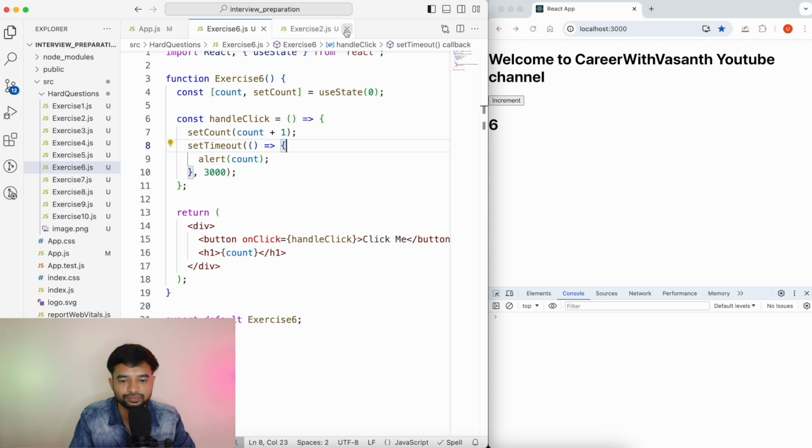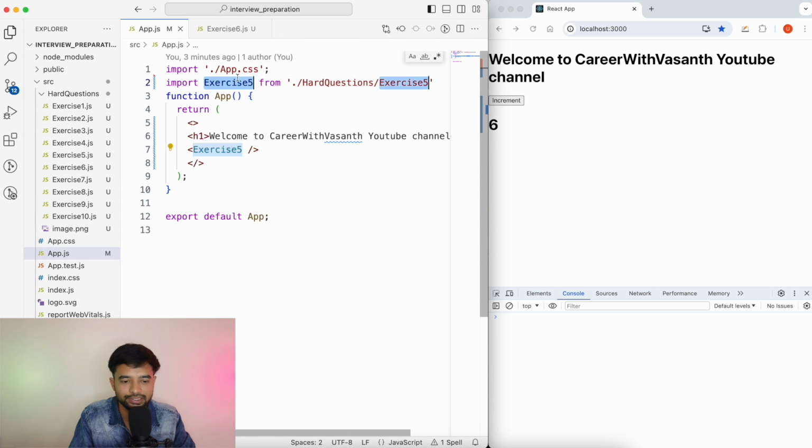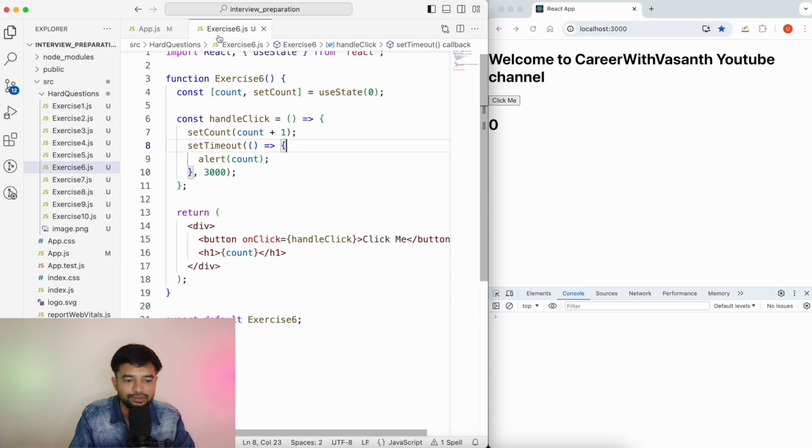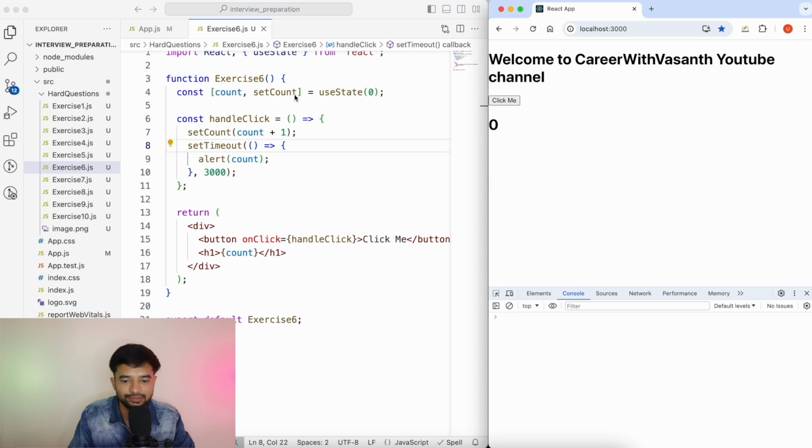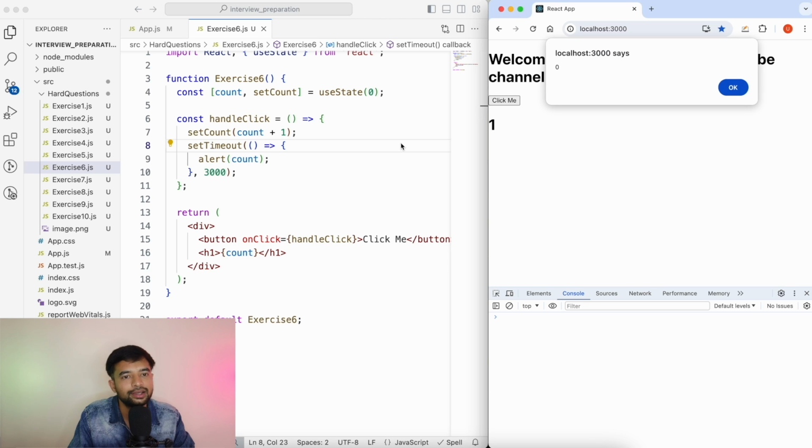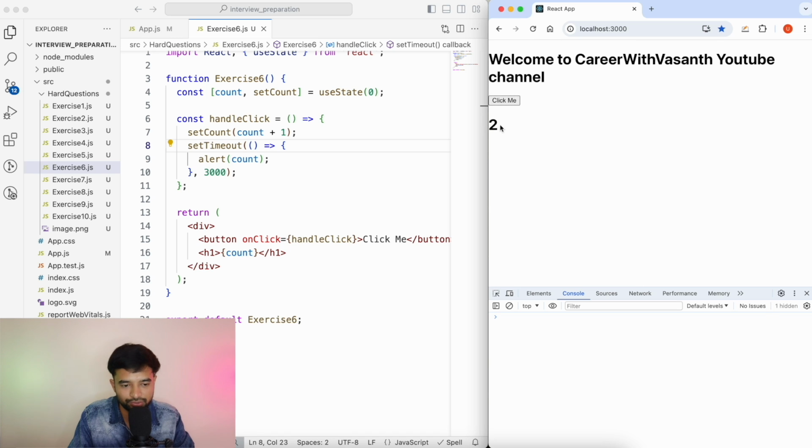Okay. So exercise number 6. Now if you go to exercise number 6 and you click, see, it became 1. So count is 1. If you see, count is 1 here, but the value here is 0 after 3 seconds. Let's say you click again, count is 2 and the value is actually 1. Even if you click multiple times, where it has become 4,